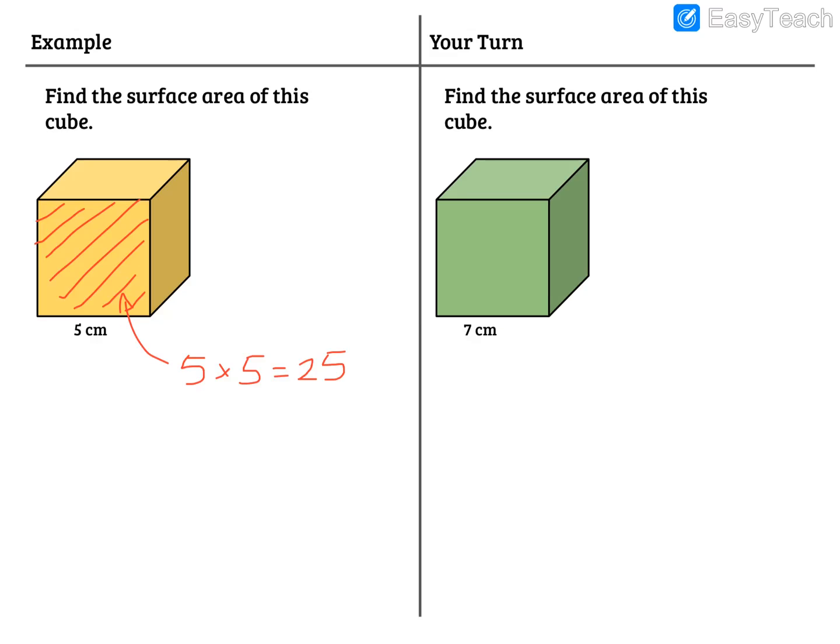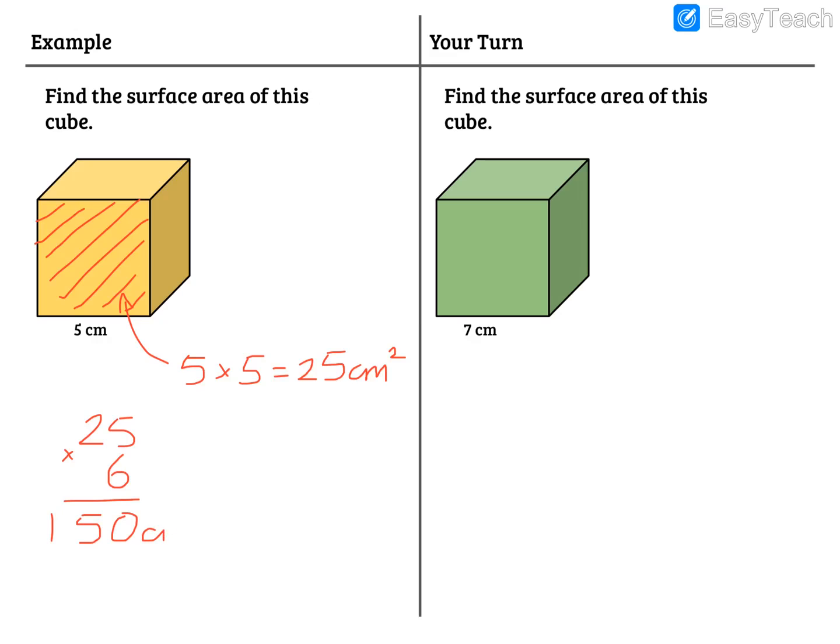But because this is a cube, all of the faces are going to be the same. And how many faces have we got here? Well, we've got 6. There's the front and the back. There's the top and the bottom. There's the left and there's the right. So that's 6 faces. All of those faces are going to be exactly the same as this one. They're all going to have an area of 25, let's pop some units on that, centimetres squared. So we're going to have 25 plus 25 plus 25 plus another 3 25s. So essentially that's just 25 times 6, isn't it? 25 times 6, which I reckon is going to be